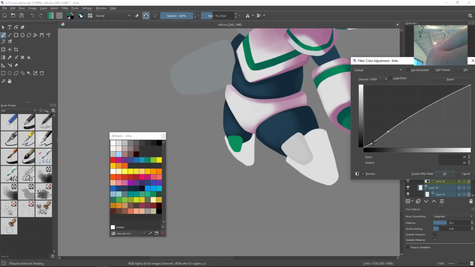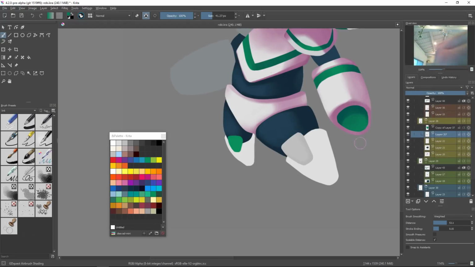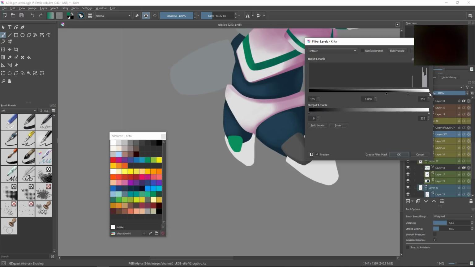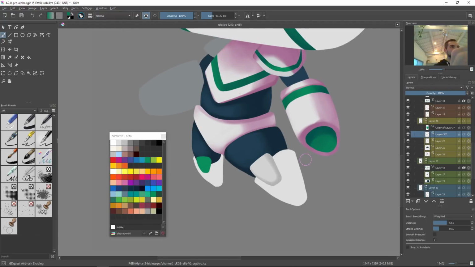Okay, so where is my shadow color? We're going to use levels to find. Yeah, pretty hard to find, right? Okay, doesn't work. Well, it's fine. We're going to paint it over. Okay, this pad will need a bit of love later, but